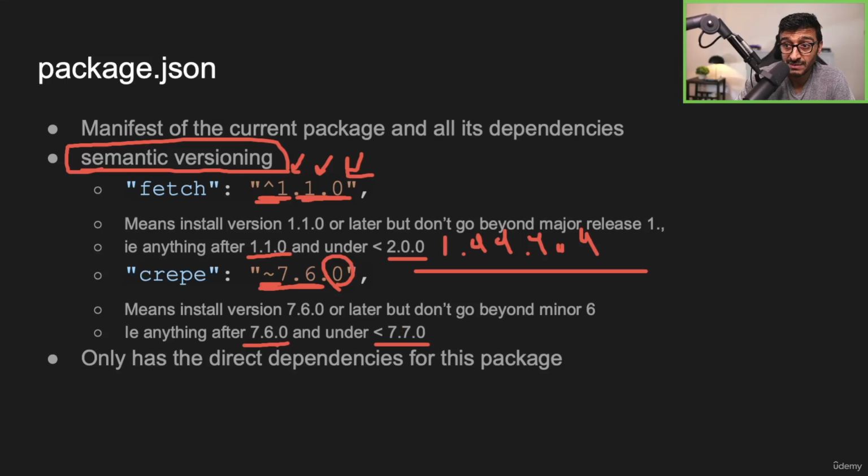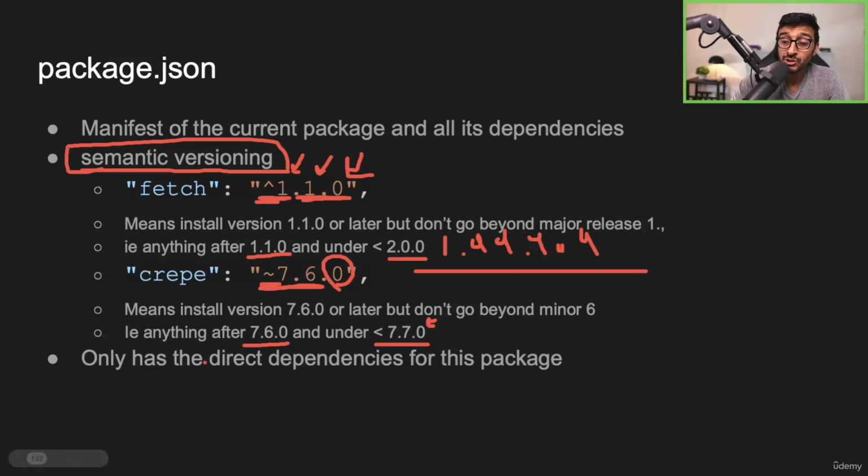So the maximum minor you can get is 6. You can go crazy with the patches, like 7.6.1, 7.6.2, 7.6.9, 7.6.12. And the final one is using a hard-coded version. Say, hey, 7.6.3, and I don't want anything else.